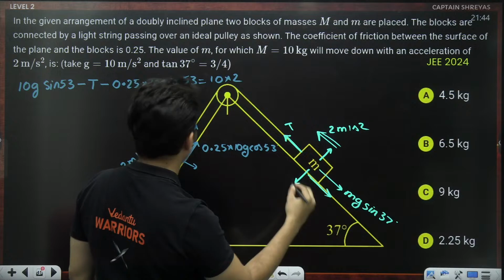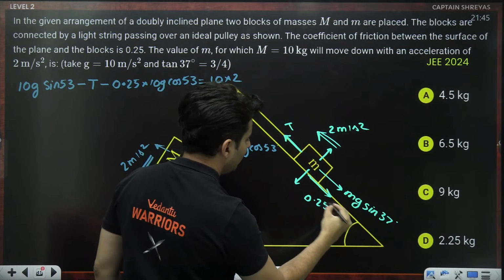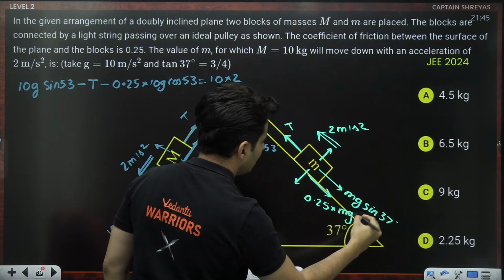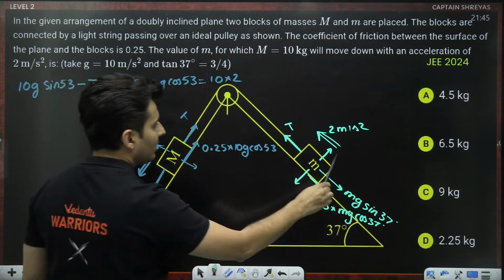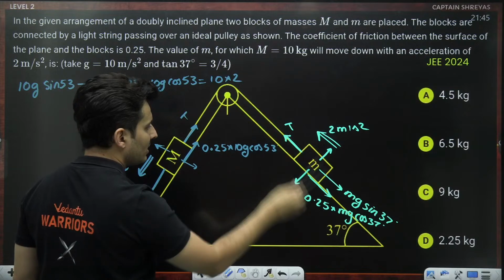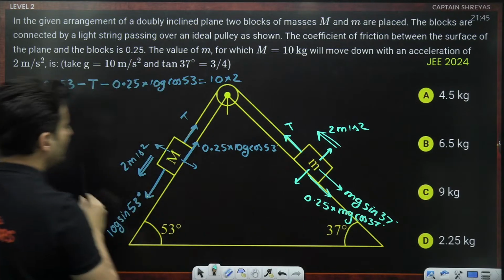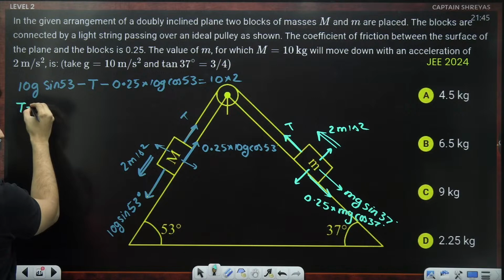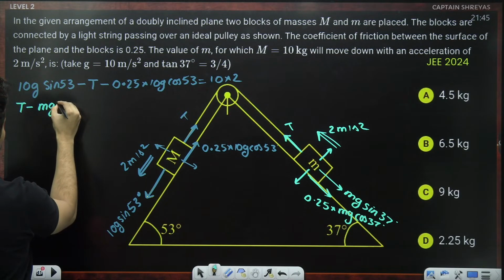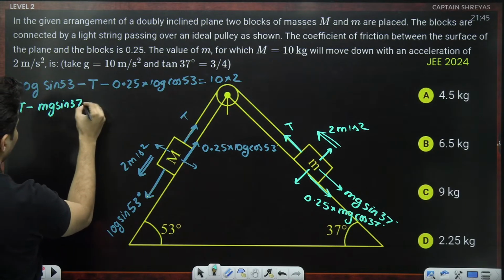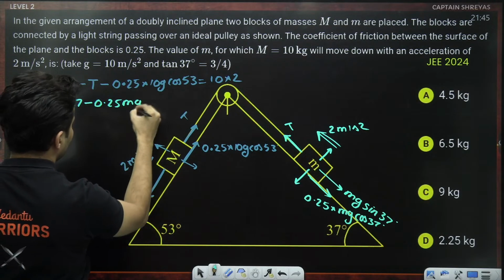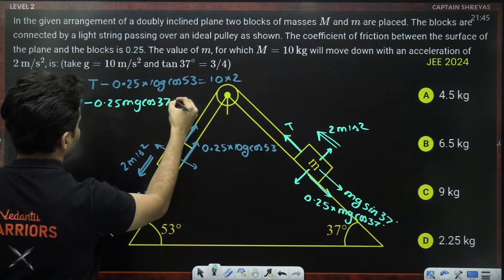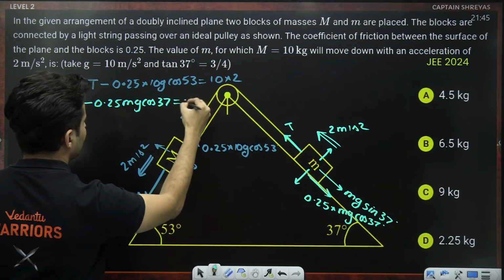Mu is 0.25, so 0.25 multiplied by mg cos 37. So the equation for this: since it is going up, tension will be positive. These two are opposing it, so they will be negative. So T minus mg sine 37 minus 0.25 mg cos 37 is equal to mass into acceleration, that means m